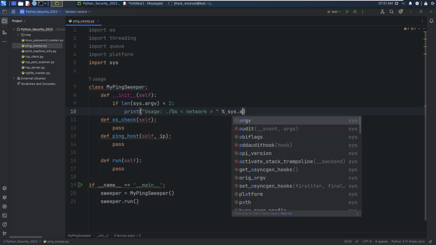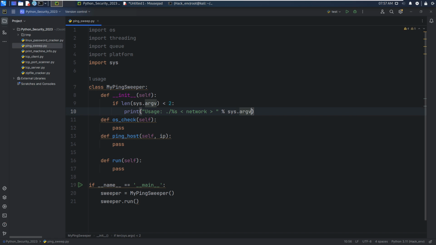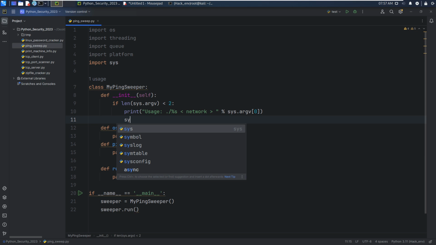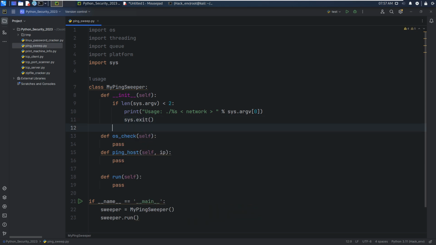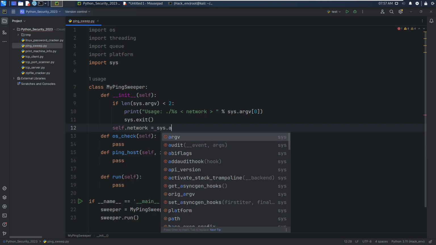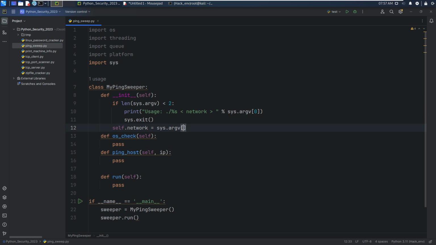And the first element of this list would be the file name, and then we can exit from this program. If not, it means that the user has already specified the network, okay? So we can use self.network, sys.argv, the second element of this list.